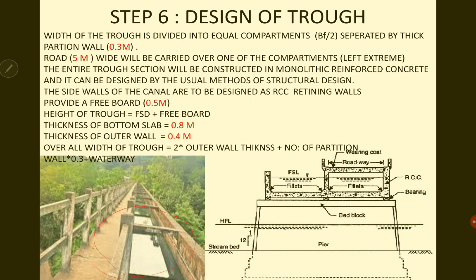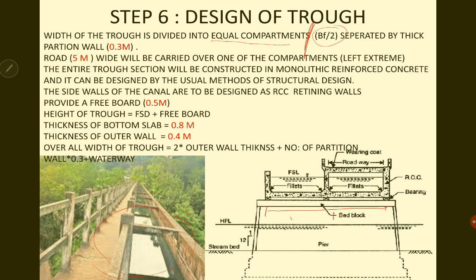Okay. So the trough is actually divided into a number of compartments. It's not just a single compartment carrying the whole water. You may have one or more compartments. Usually it is taken as BF by 2, or otherwise the width divided by 2, or it can be made to any number of compartments, each of equal dimension. So if you are having 15 meter width, you can just take 3 compartments of 5 meter each. It's quite okay to provide equal compartments. Or you can take the half and take B by 2. It's up to the designer on how you take it. And these compartments, this is how it is.